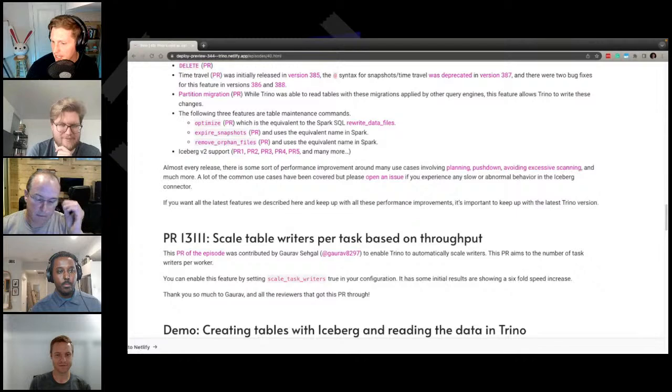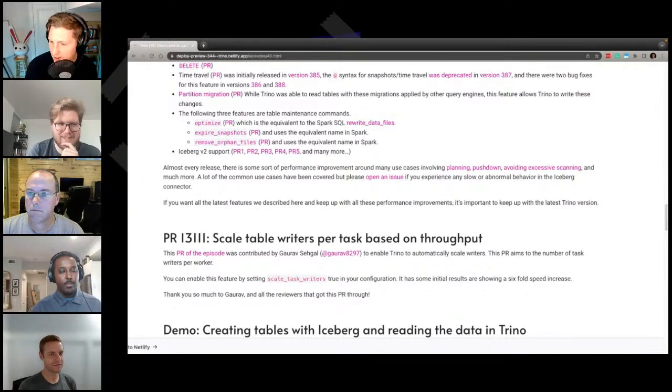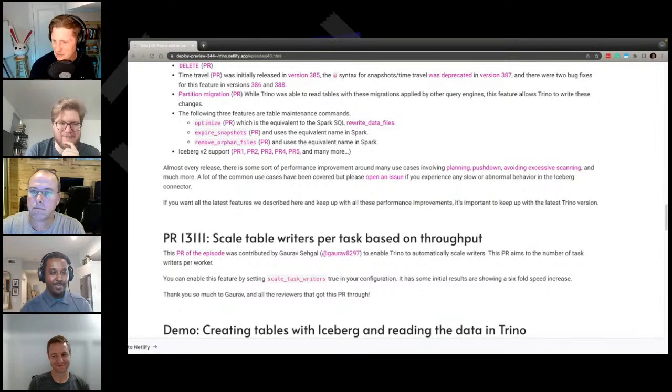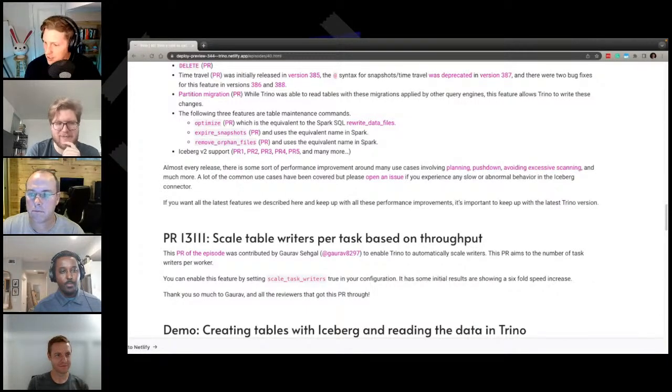Does anybody, Ryan or Sam or Tom or Cole, have any other things they'd like to add in terms of what we've been doing lately and the overlap here? Yeah, I think it's worth emphasizing that the Iceberg connector, if it isn't the most active area of development in Trino, it's right up there. So there's new stuff coming out all the time. Keep an eye on it. We're going to get more cool things in the coming weeks and months. And seriously, you will get performance improvements and new features basically every release in Trino. So it'll be rewarding to stay up to date, because it's improving all the time.